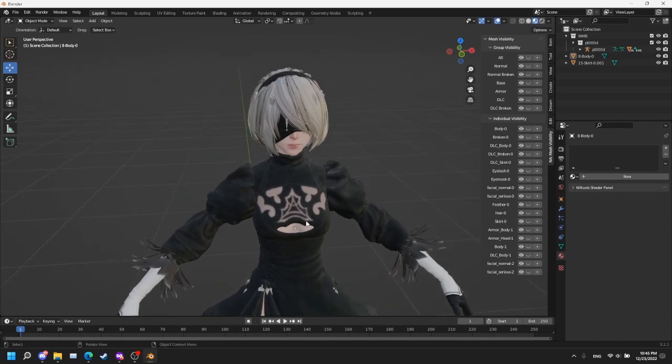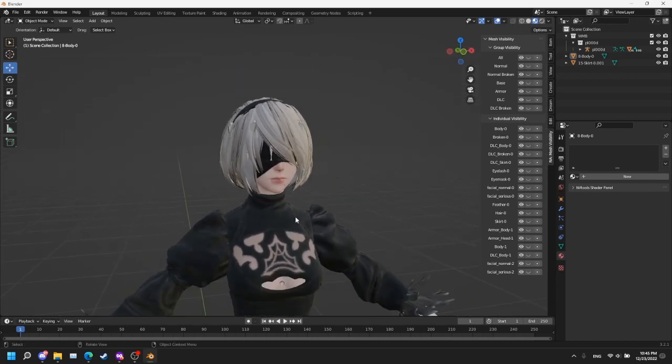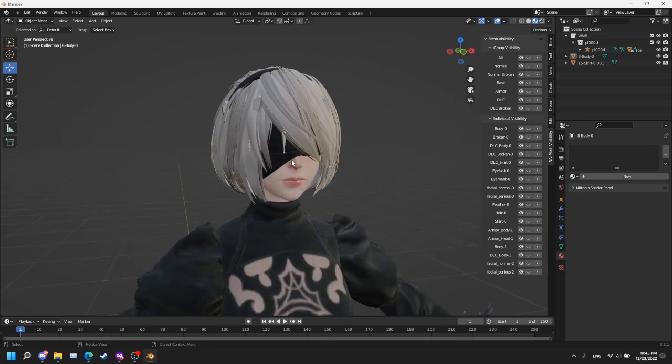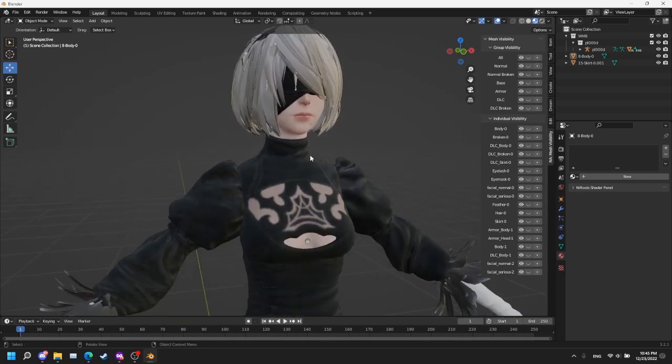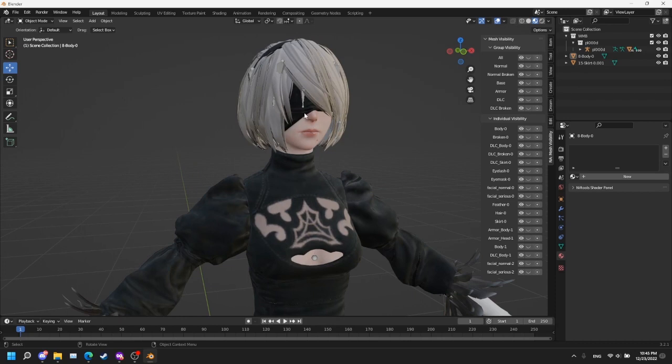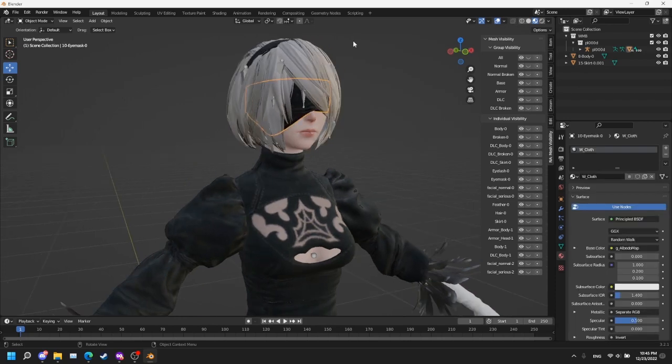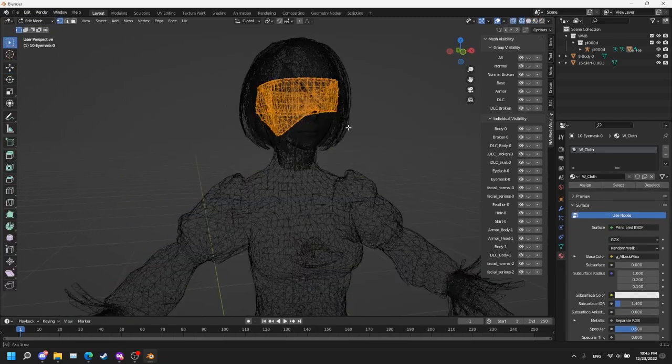So for deleting, I personally don't fully delete meshes because it's better. I would not recommend you to delete a mesh and rather do what I do. So I will be deleting the eye mask. How do we do that? Select it, go into edit mode, go here,